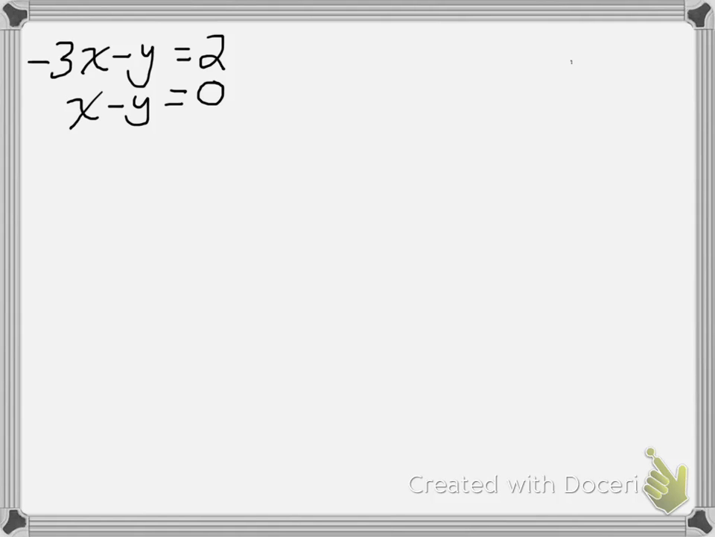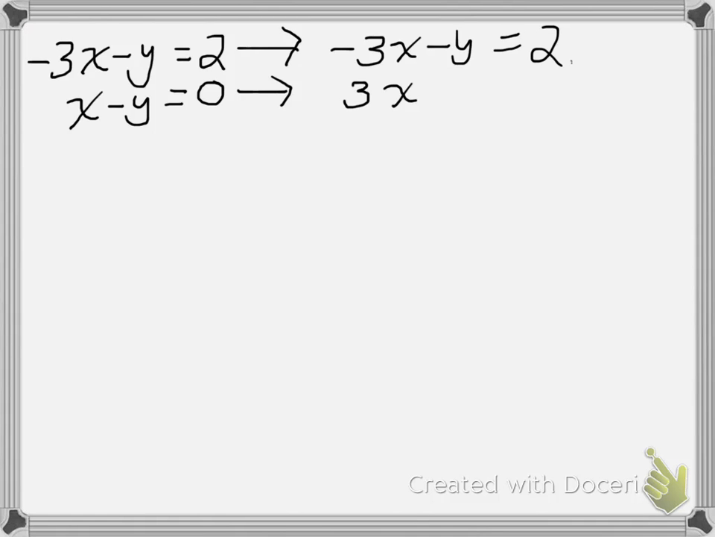So here's what I'm going to do. I'm going to take the first equation, and I'm not going to multiply it by anything. I'm just going to rewrite it. So the first equation will be negative 3x minus y equals 2. That doesn't change. But the second equation, I'm going to multiply both sides of the equation by 3. And where does that get me? Well, that gets me